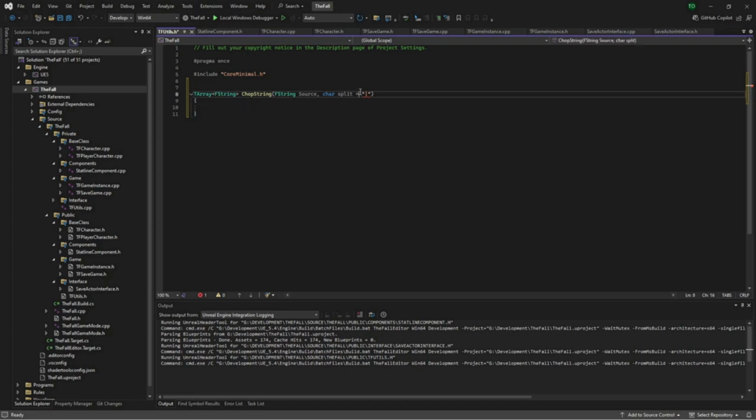Are you going to stop? Oh, I can't even use the right casing, there we go. I was using that as a text, not a char. Okay, so TArray